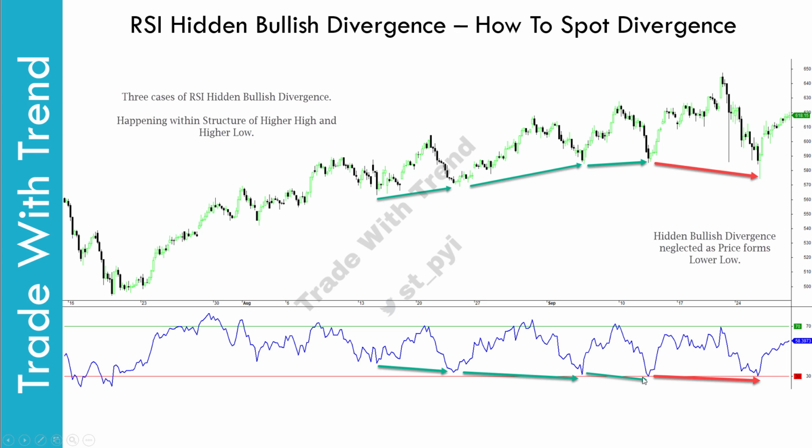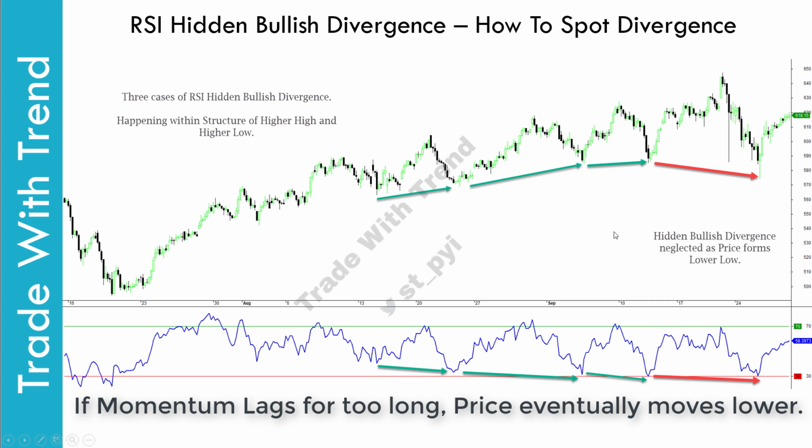For now, what you need to see is how this particular divergence signal looks on the chart. I will come to the high probability signal identification part a couple of slides later. What you need to see right now is the 4th marking on this chart that I've marked with red arrows. This is a case of failure of divergence. As price fails to make a higher low, it is essentially making a lower low, and RSI has also formed a lower low.